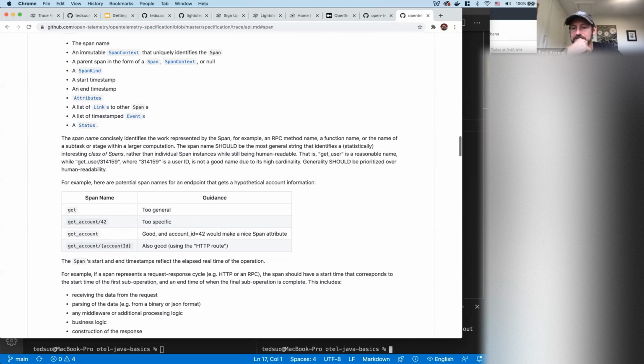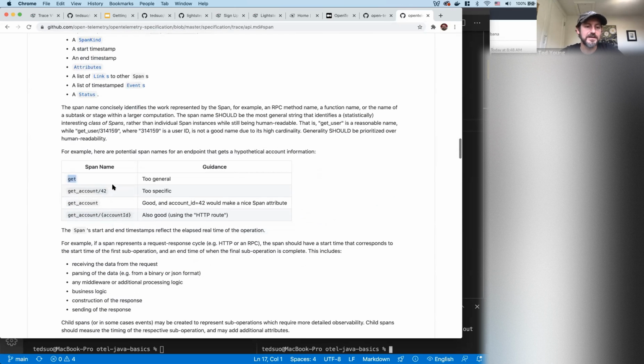Daniel then asks, I understand you're supposed to be using operation names for statistically significant groups of spans. That's perhaps why the method is useful in the service span. Yeah, POST is very different from GET. Yeah, this is true. POST is different from GET, but it's a little too generic.